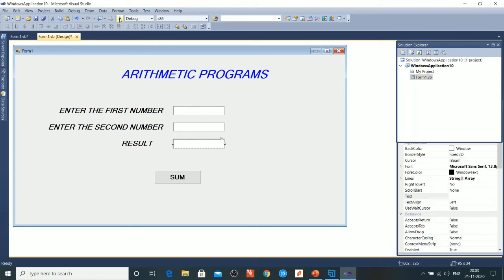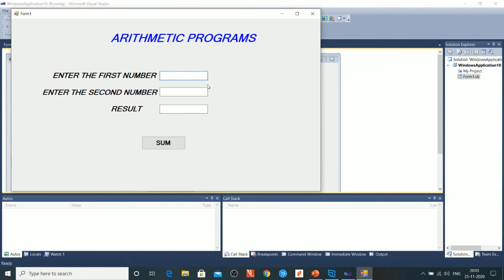So I wish to run the program here. Now I just enter the value 1. Here 2. Now let us click the button. I just move the mouse pointer here and place it on the button. I just click the button. What will happen? Whatever code is written in the click event will be performed here. So I just click it. What will happen? The answer will be 3. So 1 plus 2, the 3 will be displayed. I think all understand how to use the val function. The val function returns the numeric value that is entered in the text box.